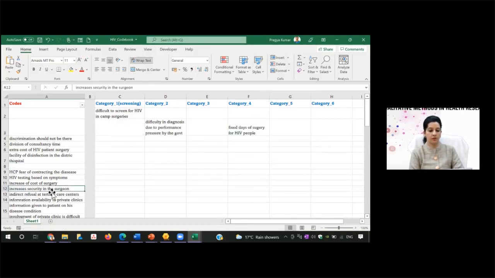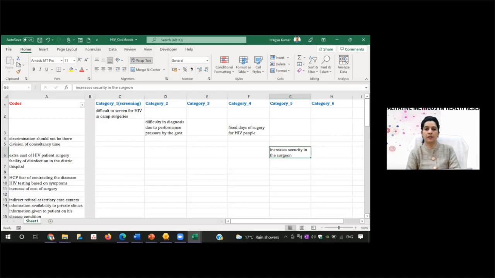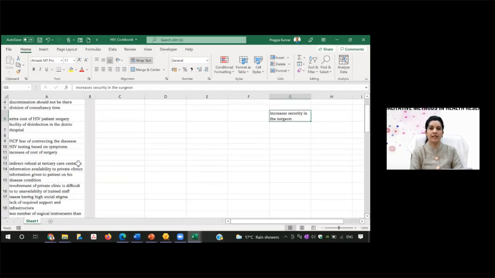So similarly, you can keep on cutting a particular code and pasting it under the particular category. It is a little bit less tedious than manual, and maybe it is a bit easy. These are again not the refined codes, but the advantage of this is that the codes will keep on getting reduced the moment you cut it and put it under one category.